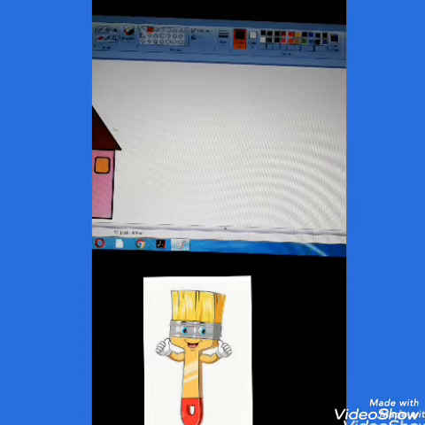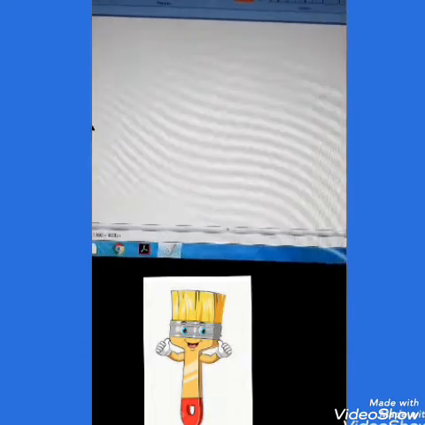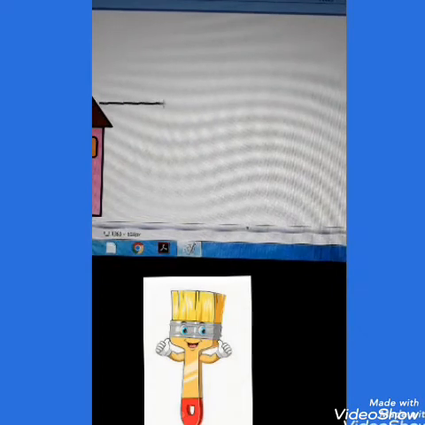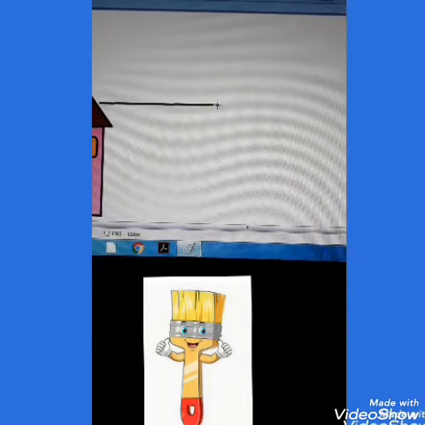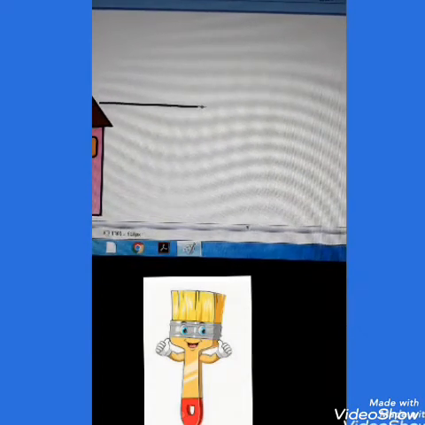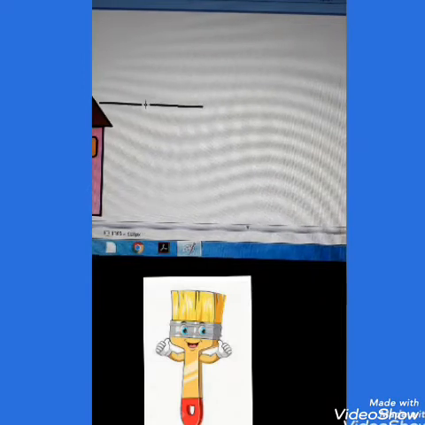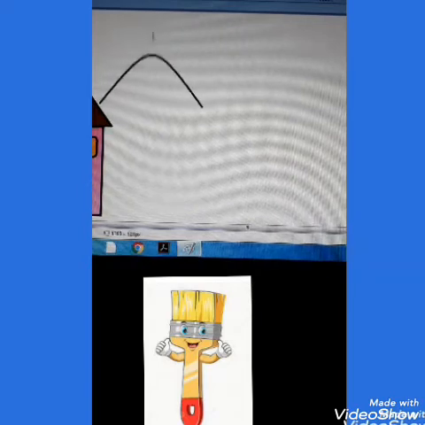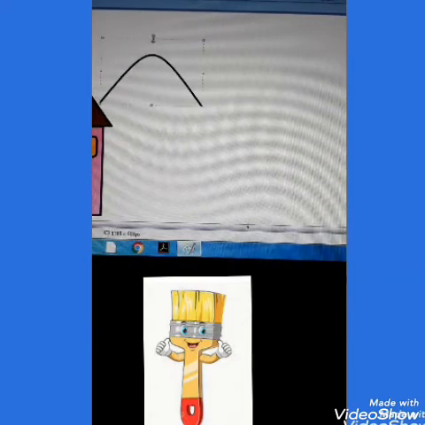In the curve tool, first, I will zoom in a little bit so that you can see it clearly. Now, with this curve tool, first you have to draw the horizontal line, your desired size. Then, without clicking anywhere, come to the center and click and drag it. Once you get the desired size, you can click it out.